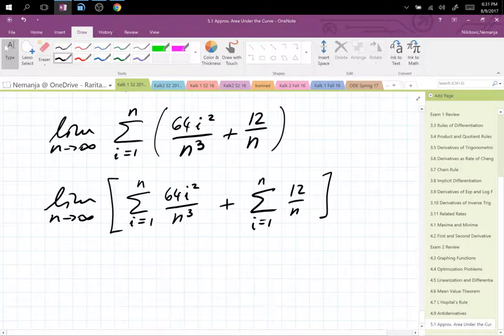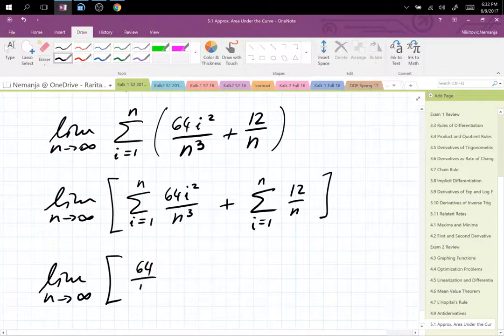Next order of business is to understand that you have a variable i, variable n, but your summation only cares about variable i, because variable i is the variable for the sum. Variable n is important for the limit. That means that you can kick n as a constant outside of the sum. You can't kick it out in front of the limit because limit will operate on n. Sums operate on i's. So I can go and say 64 over n cubed summation i squared